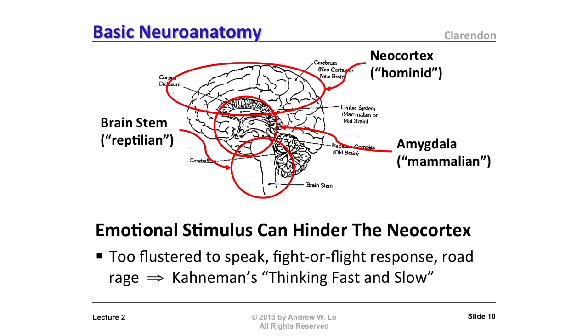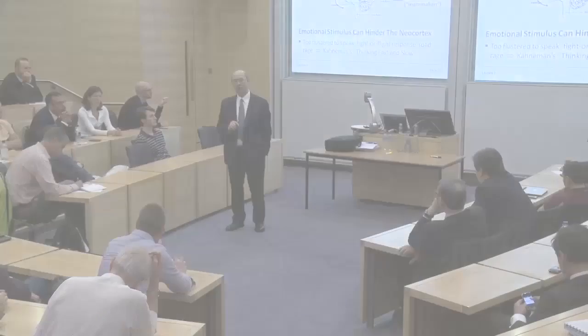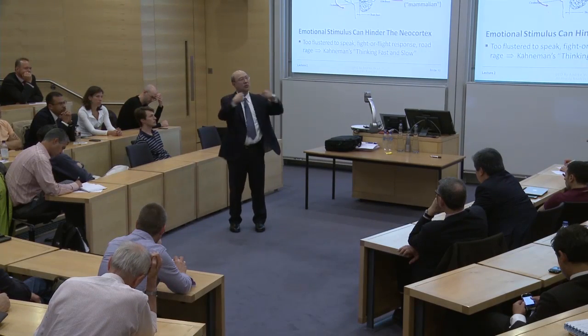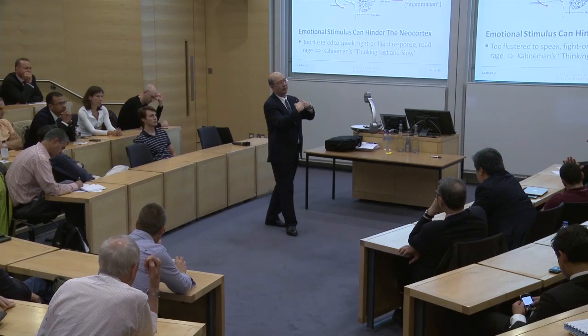And this is directly related to Daniel Kahneman's notion of thinking fast and thinking slow. Fast thinking is thinking that's hardwired into our brain. And much of that hardwiring came early on in our evolutionary past, namely at the brainstem and midbrain components. The neocortex is relatively new. And in certain situations, these components fight with each other.